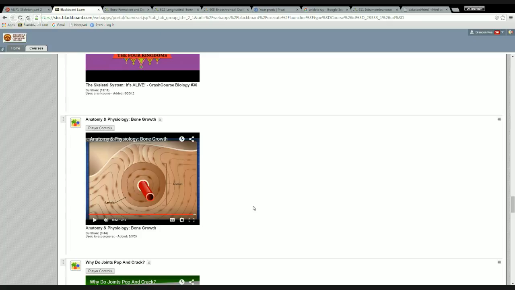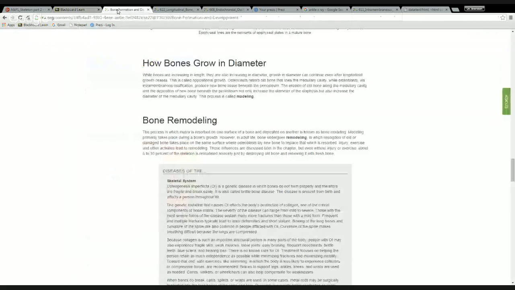Now, in the modeling and remodeling things that the book mentions, and even introducing the idea of appositional growth here, what's left out is the balance of that, which is when you add bone matrix somewhere, you have to take away bone matrix somewhere else. If it all just kept growing in diameter and remodeling, you'd eventually get big, massive, compact bone structures that would be too heavy to do anything with. So there has to be a balance between adding bone matrix and taking bone matrix away. And that is